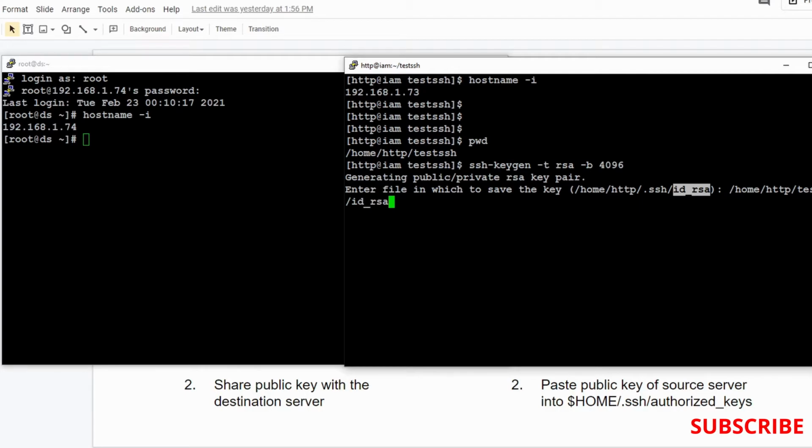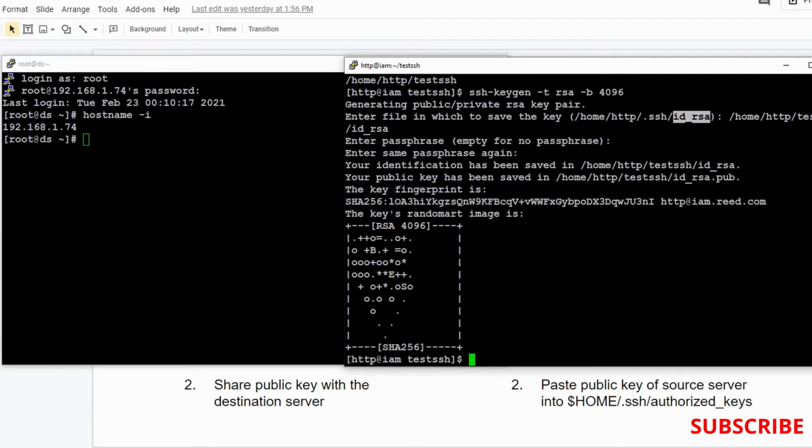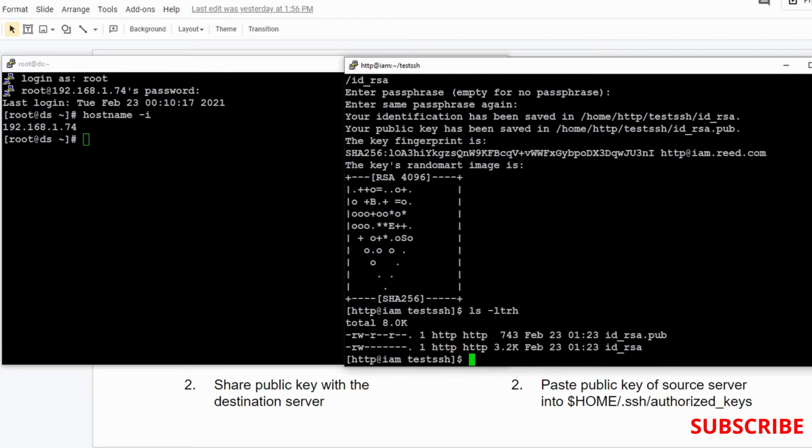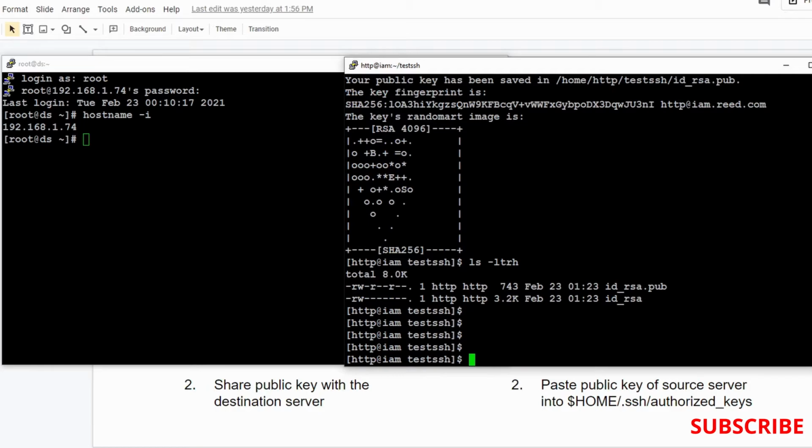This is the path, so I'll give that, and I don't want to give any passphrase. Done. By the end, if you see, we have the private key and the public key.